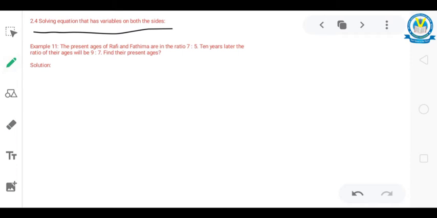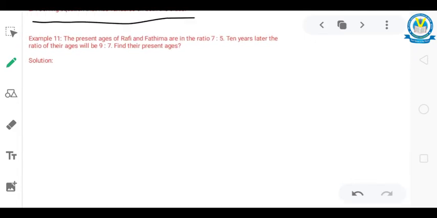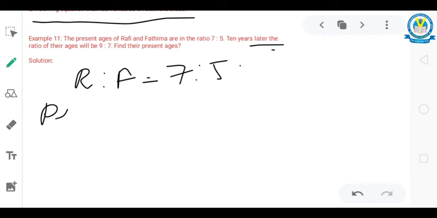Here, example 11. The present ages of Rafi and Fatima are in the ratio of 7:5. After 10 years, the ratio of their ages will be 9:7. Find their present ages. Rafi and Fatima are in the ratio 7:5. So present